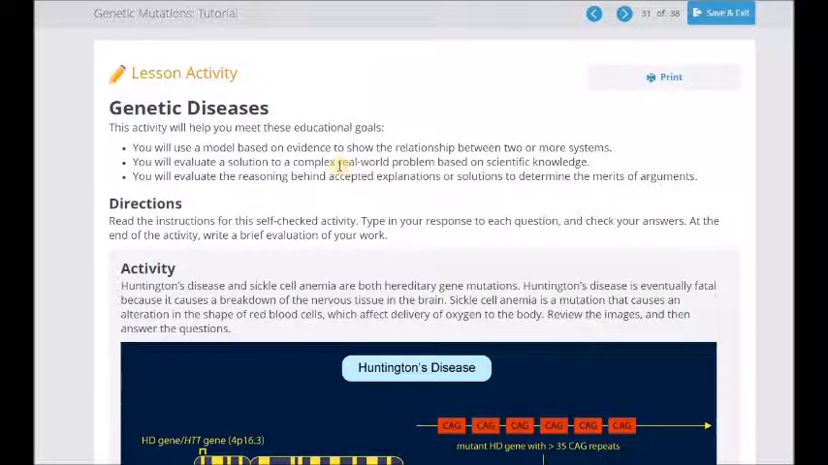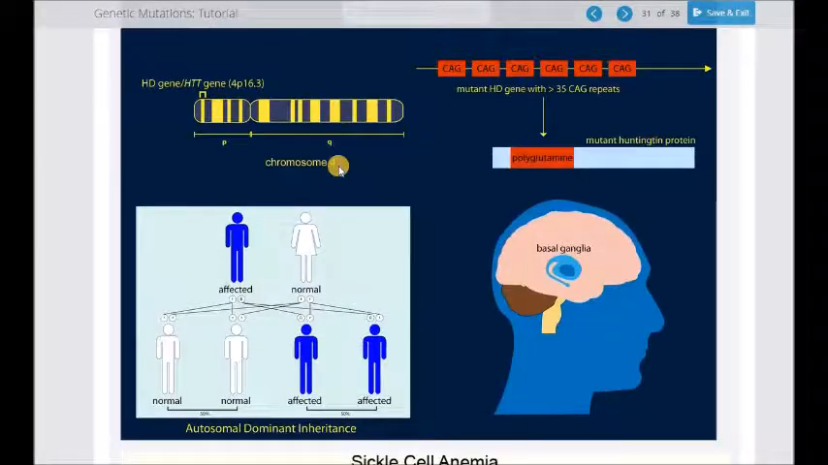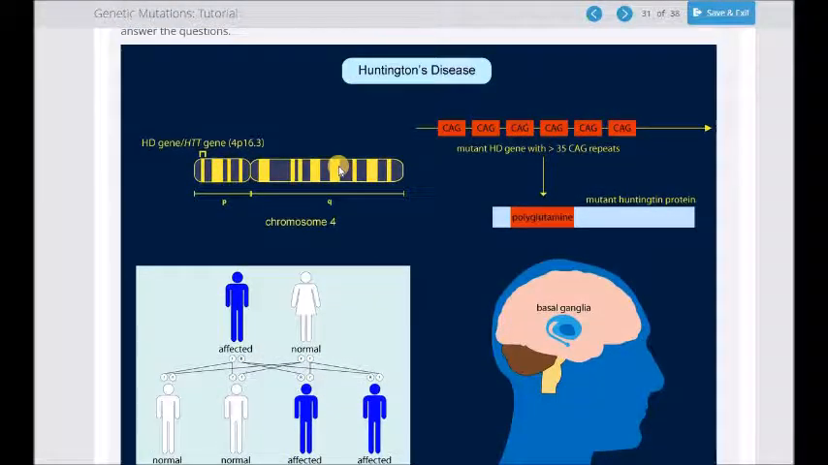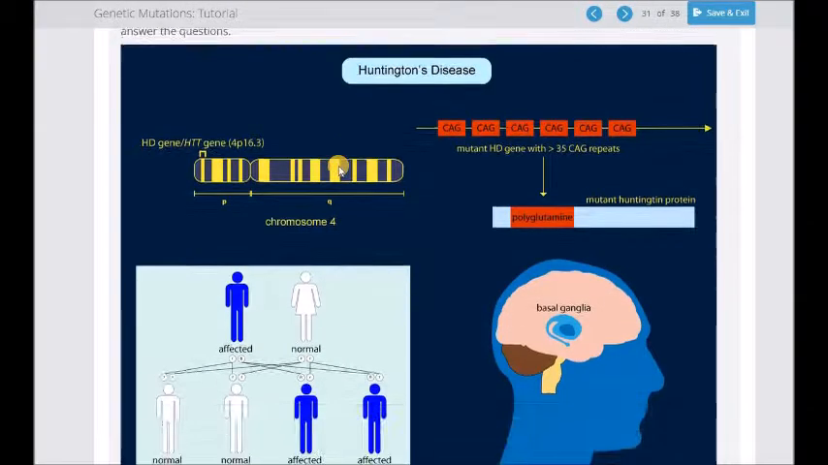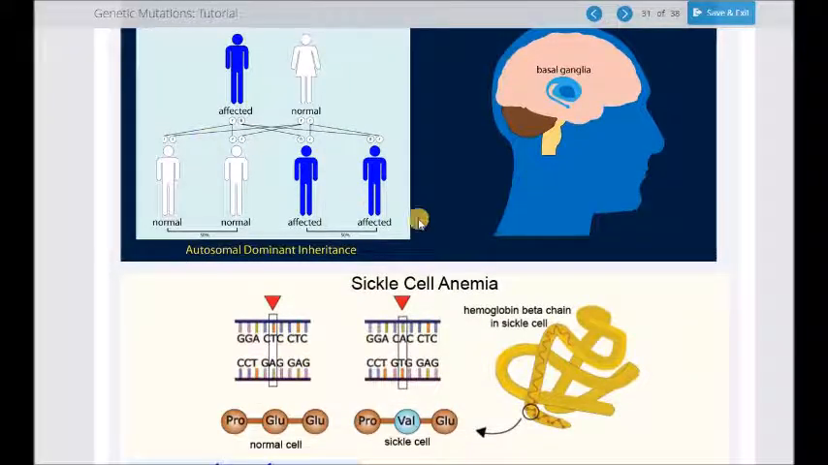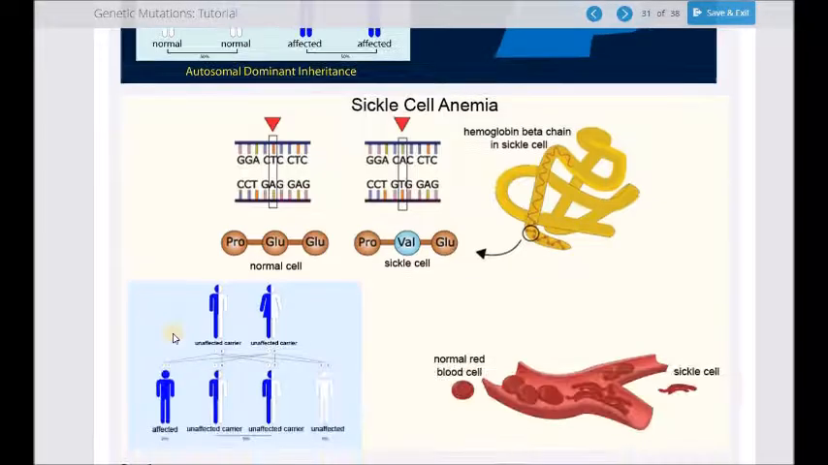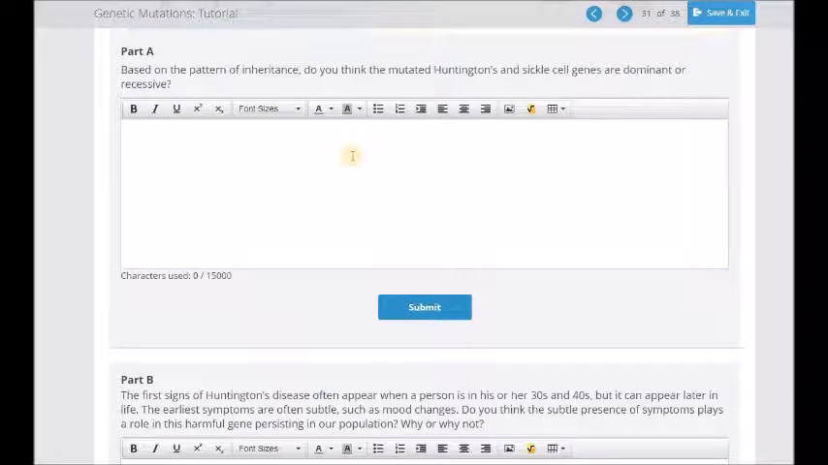Here is another activity that you have to do to get credit for this tutorial. It's called Huntington's disease. And what you have to determine is what is happening with Huntington's disease. It tells you what it is, okay? It shows you how it's inherited. But taking a look at this, is it inherited by having the dominant trait or the recessive trait? So look at all the information and then determine, do you get it from inheriting the dominant or the recessive